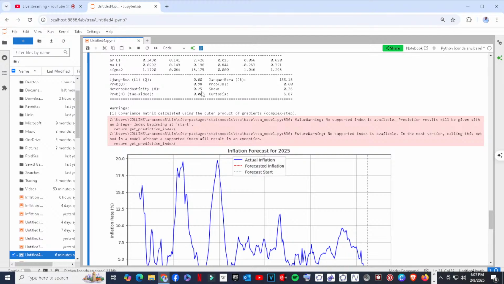That's the level of heteroskedasticity that we see in this data set. That indicates that inflation volatility changes over time, possibly requiring further model adjustments.